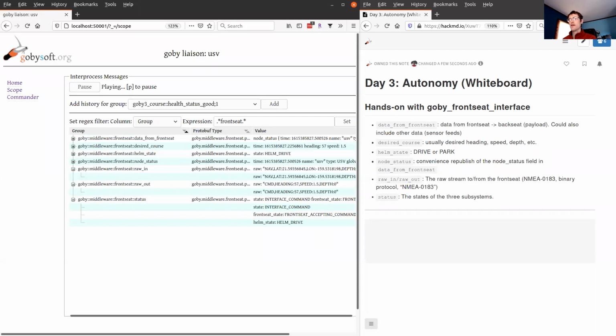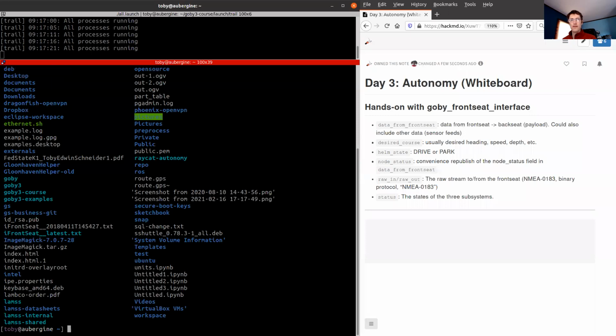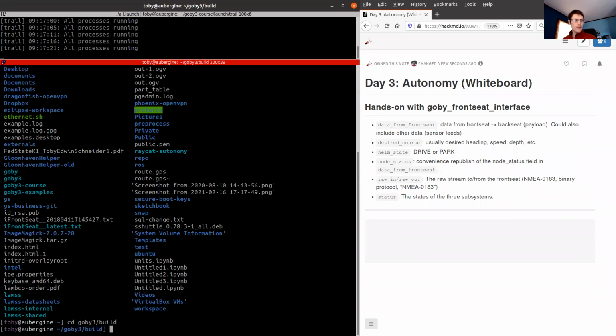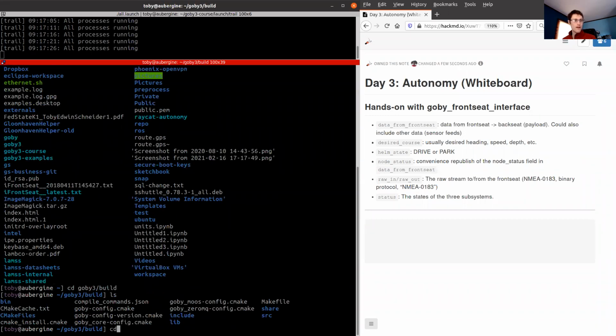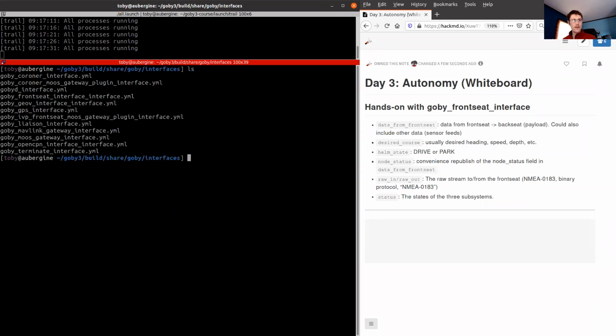Okay, so once we've looked at that, if we look at the full publish subscribe API for Goby front seat interface, there's a few more things. And as you recall from previous days, if we go into share, Goby, interfaces, within here, there's all of the interface files that are generated by the Goby Clang tool, which I alluded to in the first day, and we'll look at more at the end of the lecture.